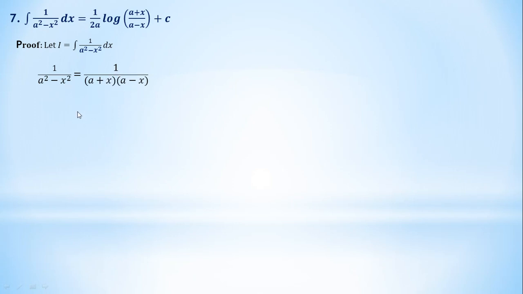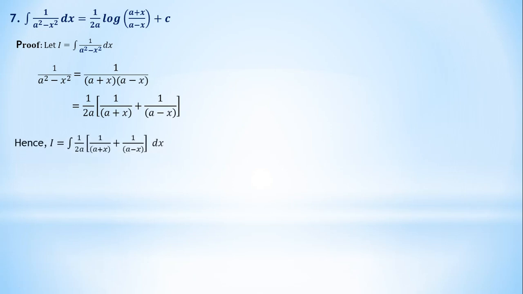Now if you take 1 upon 2a here, then to get the original term 1 upon a square minus x square, we have to adjust both the factors like this, 1 upon a plus x plus 1 upon a minus x. You can verify by cross multiplying this bracket 1 upon a plus x plus 1 upon a minus x. So this is the adjustment. You have to do the rough work to confirm whether you will get 1 upon a square minus x square or not. So it can be adjusted as 1 upon 2a into bracket 1 upon a plus x plus 1 upon a minus x. Now it will be very convenient to integrate.